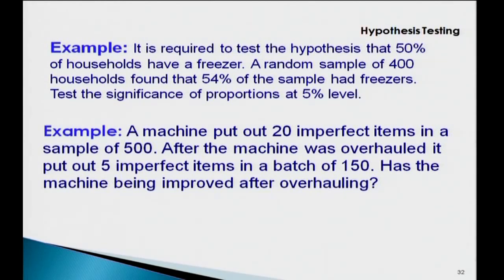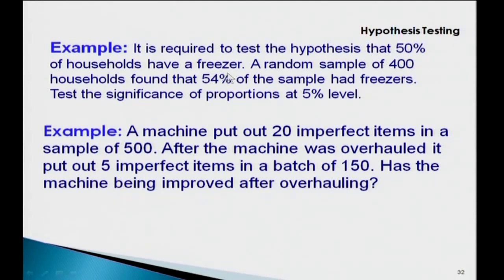You need to first decide whether we are talking about averages here or proportions here. We are talking about proportions here. Then is it a single proportion or two proportions, differential proportion or single proportion? We have only one sample, so it is a single proportion case. The idea is whether the single proportion represents the population expectation or not. Population expectation was 50% of households. So, whether that data is meeting 50% specifications or not.